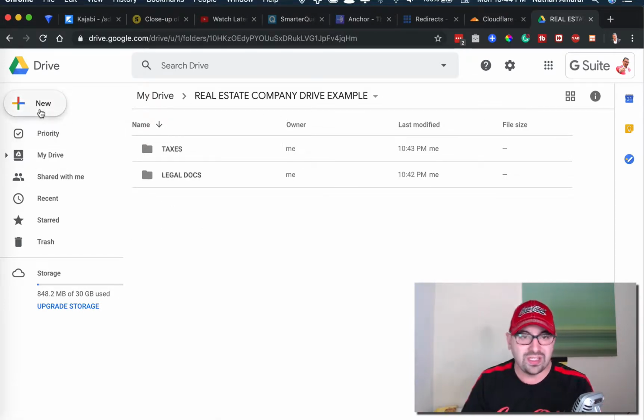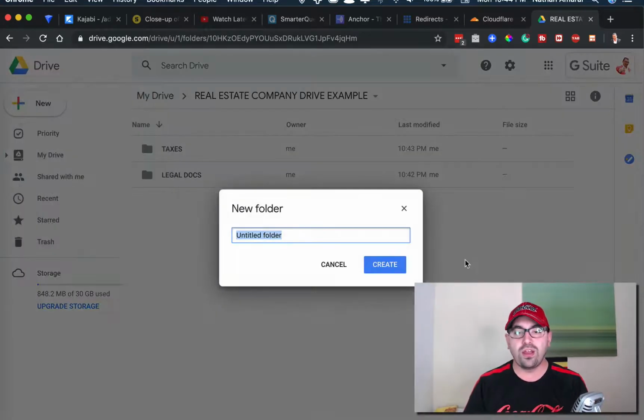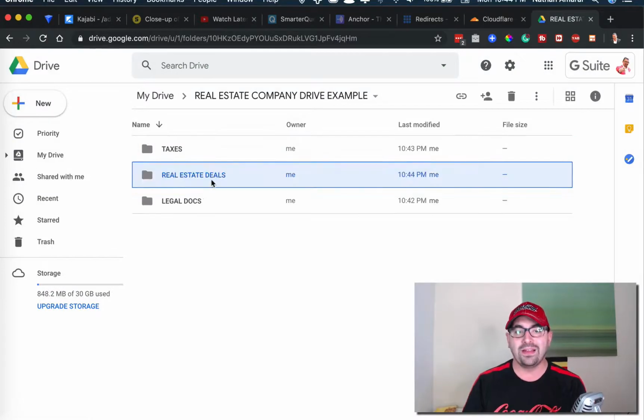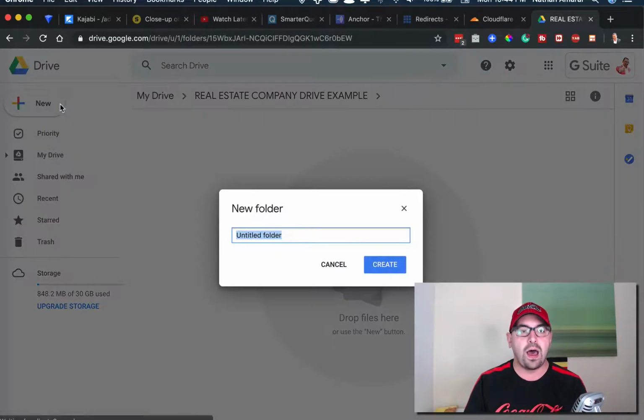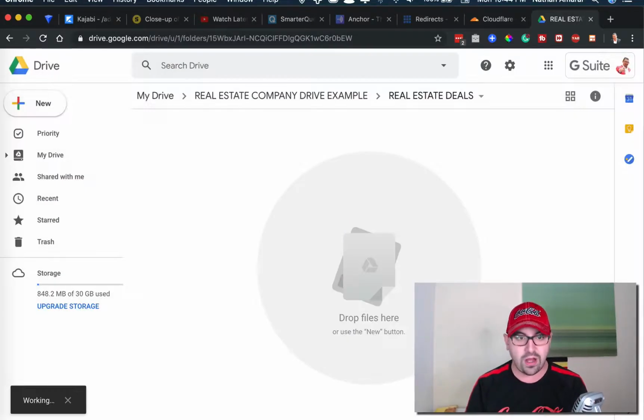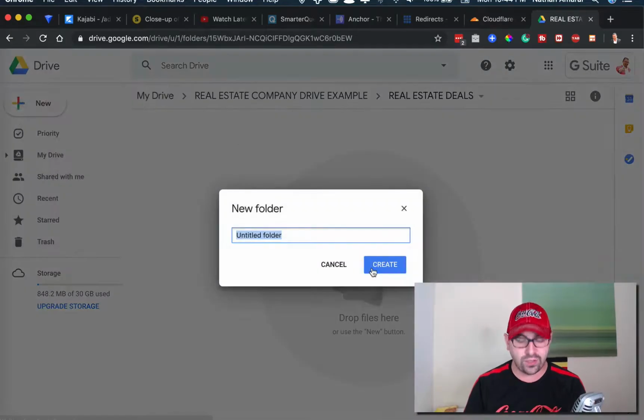We showed you the taxes and the legal documents. Now, another folder that you should definitely have, right, you could call it whatever you want. I'm just going to call it real estate deals right now. And this is just to separate what's going on. Some people name this properties, whatever you want to do. That's fine. I'm going to put one here called active, and then I'm going to put another folder here called